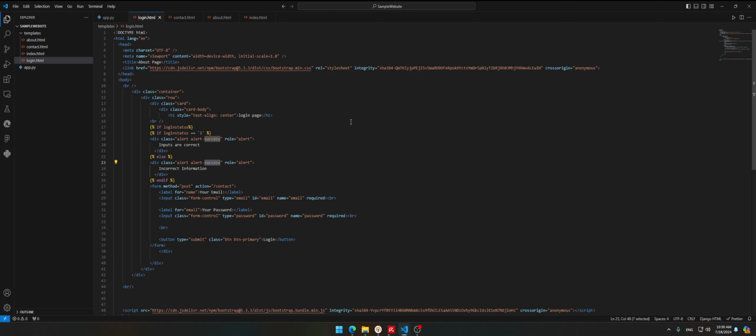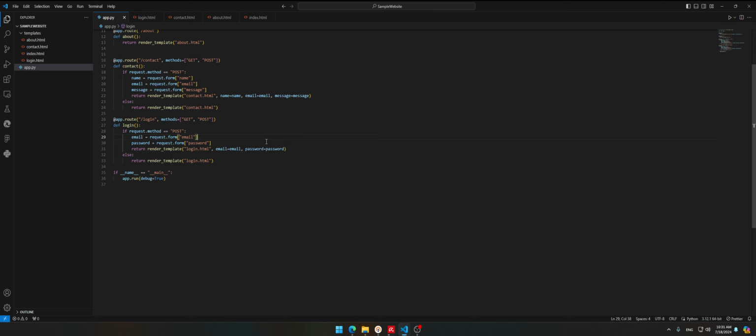Okay, I should change to danger, and your email, your password. So we have login status. Okay, in app.py I'm gonna check here if email is equal to like iman@gmail.com